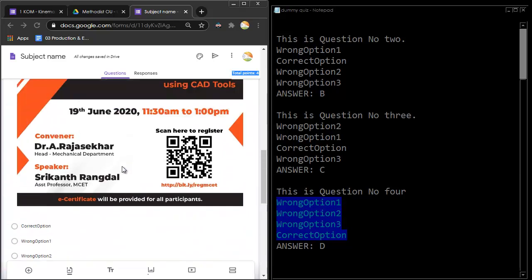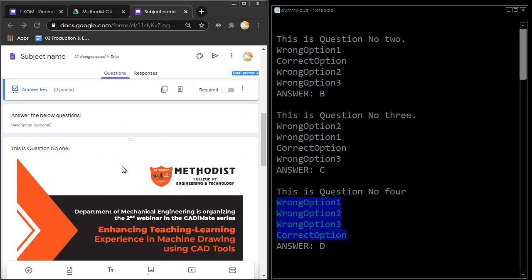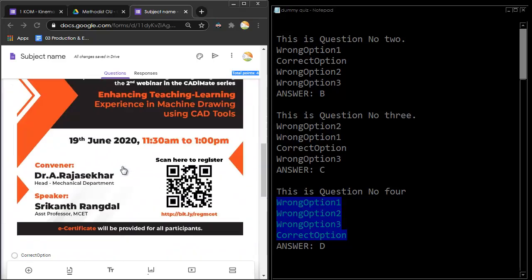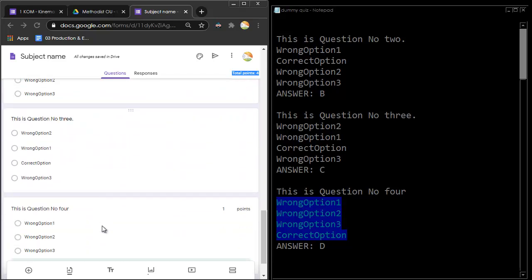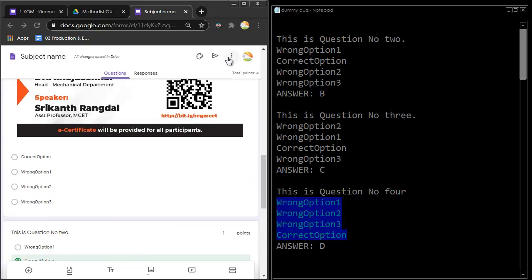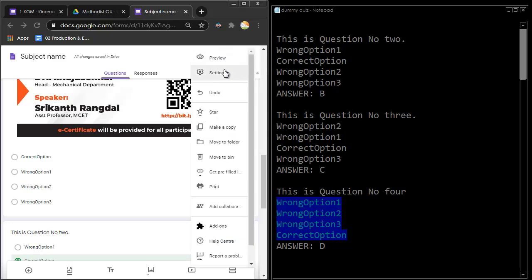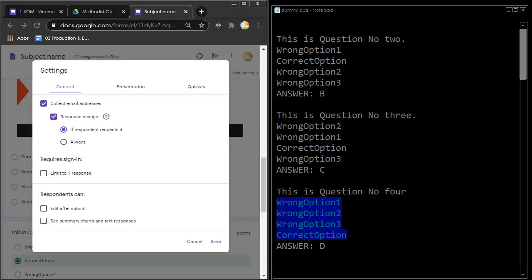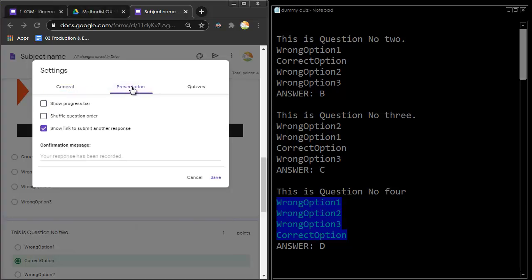There's one more thing we can do here, and that is we can shuffle the order of the questions as well. We have just enabled the shuffling of the options within a question, but the questions themselves will appear in the same order unless we make this setting. To change that setting, we click on these 3 dots, go to settings, and in the settings, we should go to presentation and we have to click this check mark.